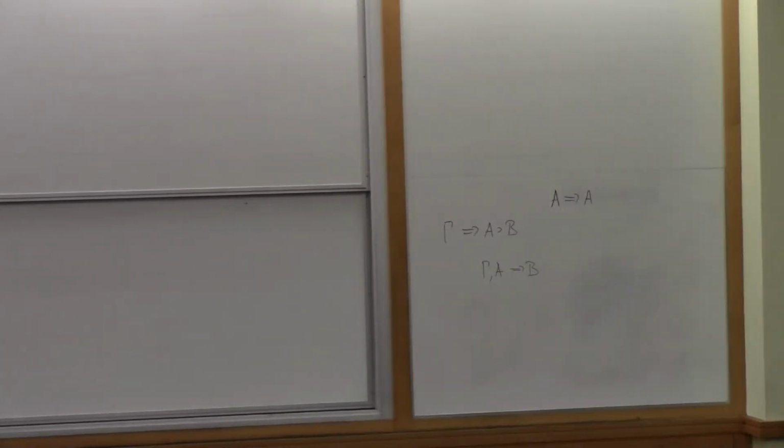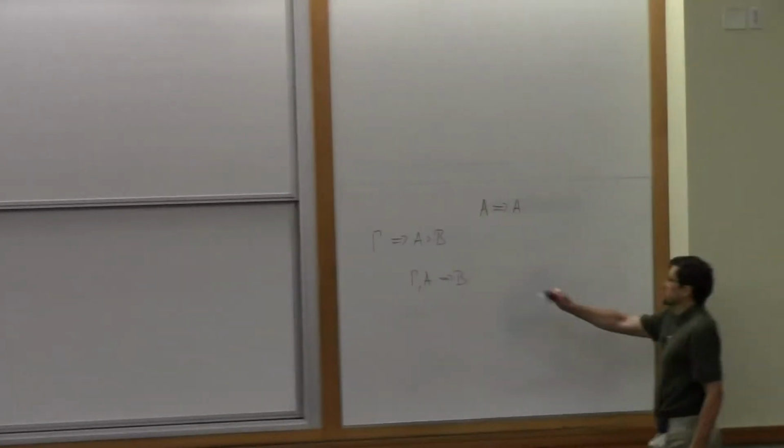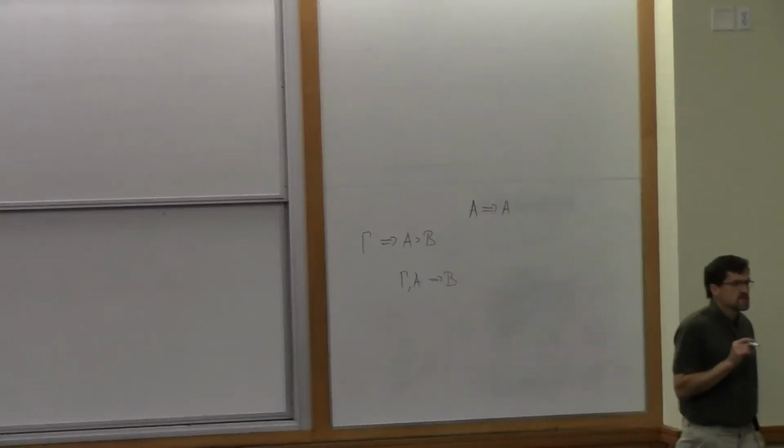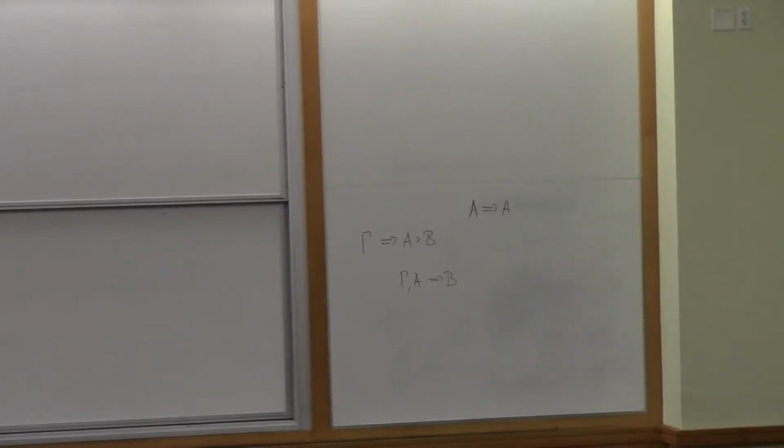The weird thing is that we're using the rules against their grain, right? In the sequent calculus, all rules work bottom up. But somehow we need to go from something downwards to its component, which goes against the grain of the sequent calculus. So the only rule that goes against that is the cut rule, which we have as an admissible theorem about our system. So we have to exploit that. So how do we get from Gamma proves A implies B to Gamma, comma A proves B?